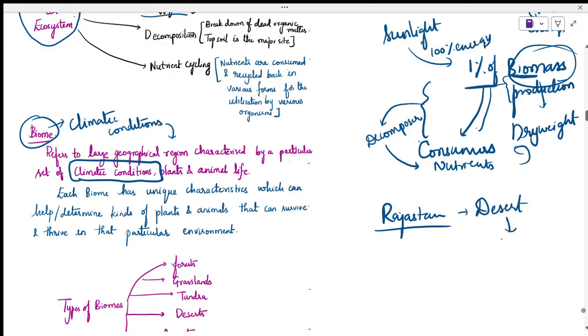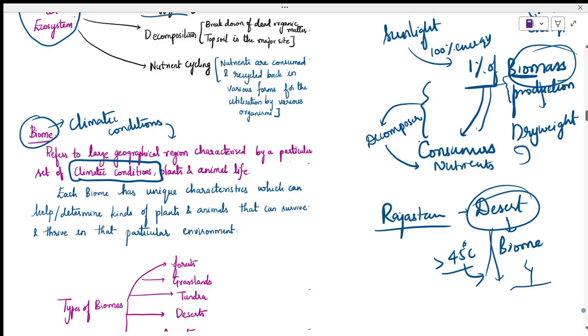So desert as a biome because it will be having temperatures above 45 degrees Celsius in the day, and there will be a desert ecosystem, with different types of plants which will be having thorns to